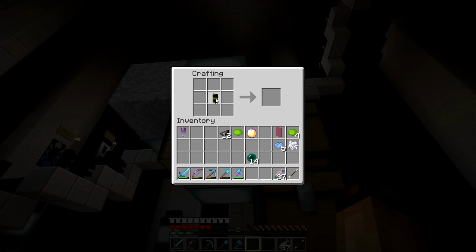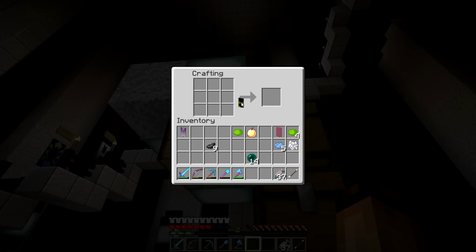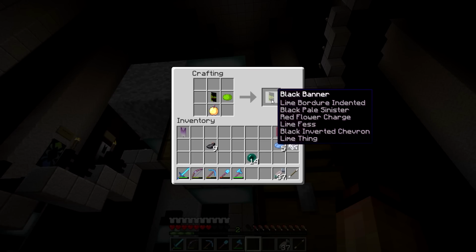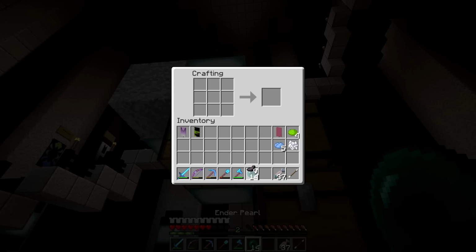And then we had like this. Okay. So that makes it black at the top as well. And then a golden apple with green dye. Just like this. And it's going to make like a dragon head. This is a really, really cool design, by the way. I love this. Okay. Last but not least, we have...